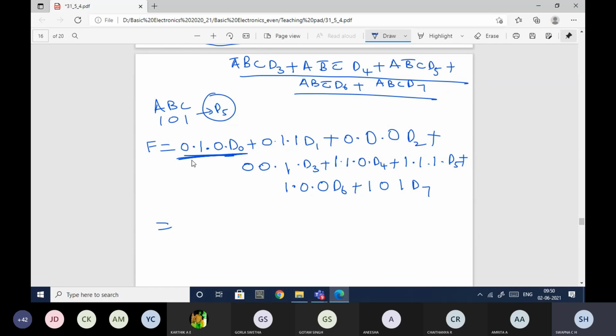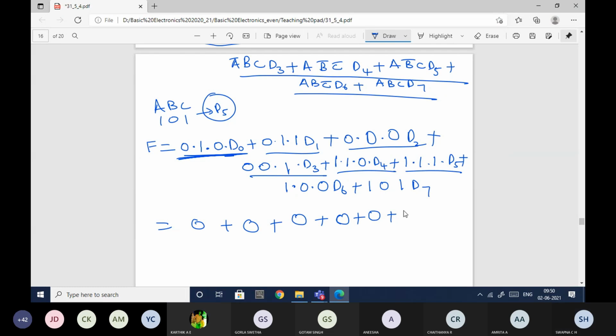Okay, so what will be the value of this term? AND operation with 0 will be equal to 0. Second one 0. Third one 0. Fourth one 0. This one 0. This one 1.D5 AND 1.